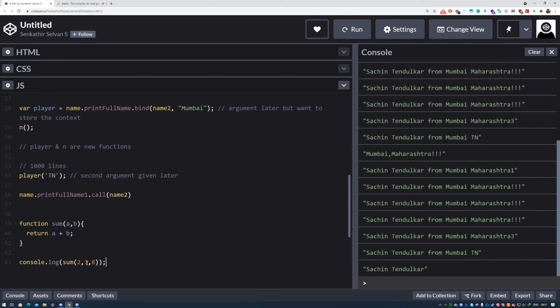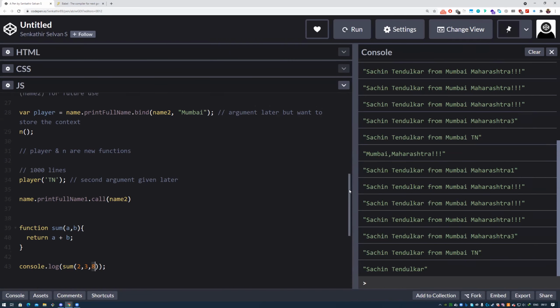So the answer would be 5 only. It will ignore the third argument. I said JavaScript is always a friendly guy. If you give some extra argument which he can't make use of, he just ignores it basically. So he'll ignore the third argument.